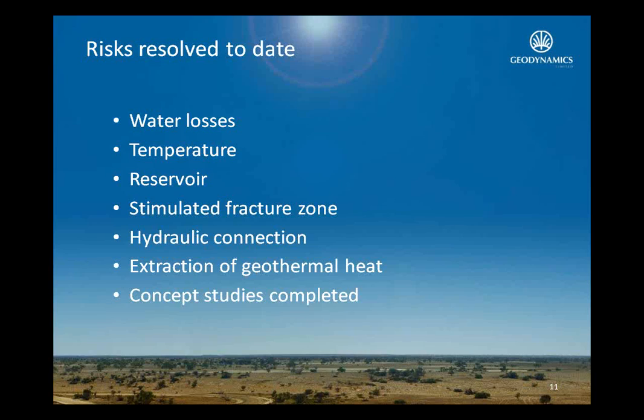In terms of trying to create commercial electricity production from EGS sources in the Cooper Basin, there are a myriad of technical risks. We're right at the cutting edge of technologies in terms of pressures, depths, and chemical composition of the things we're drilling through and drilling to. What we've proved to date, and we haven't resolved all of them, and we are moving forward with a systematic process to address those things, is that we have a tight reservoir down there at Habanero. We haven't encountered significant water losses.